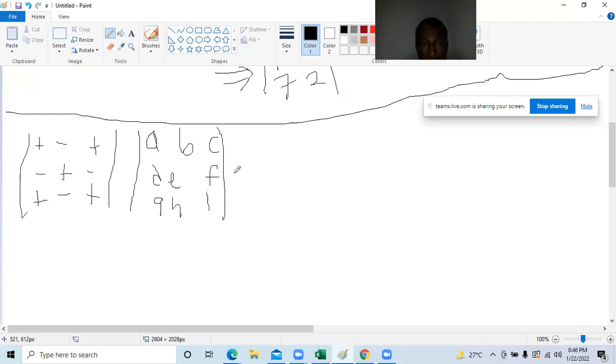The determinant of this: you first take out this plane, take out this plane, and also take out this plane. Then you solve for the plane that is left. So the determinant for this is A into E, F, H, I, right? Because A is plus. Minus B, B is minus. So minus B